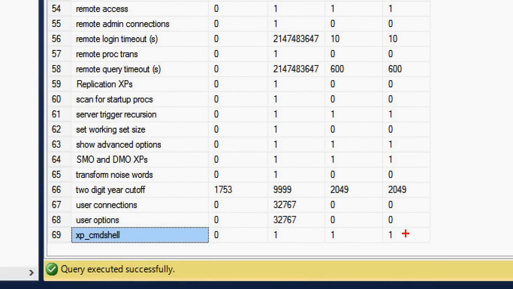The last value is 1, which means it is enabled. If it is 0, then it is disabled.